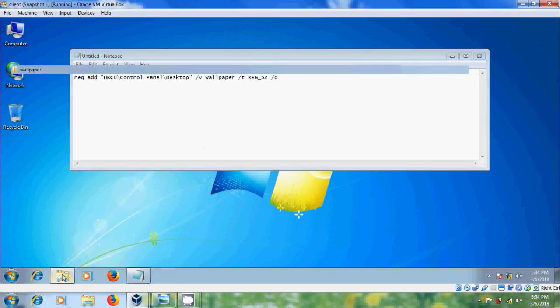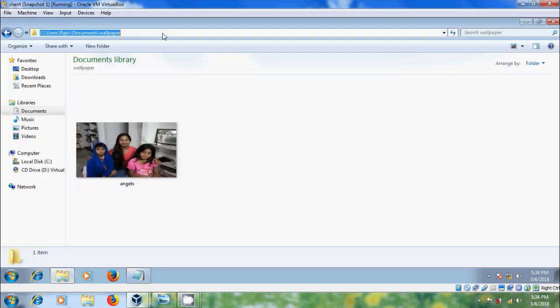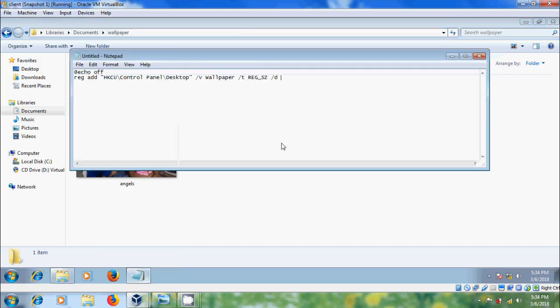I have copied my image in Documents. Please copy this path, paste it here, and please type the file name angels.bmp. Make sure that your image must be in .bmp format, space /f, and type